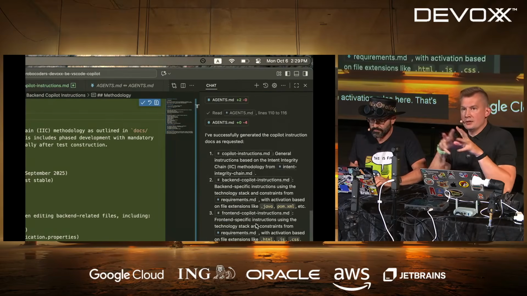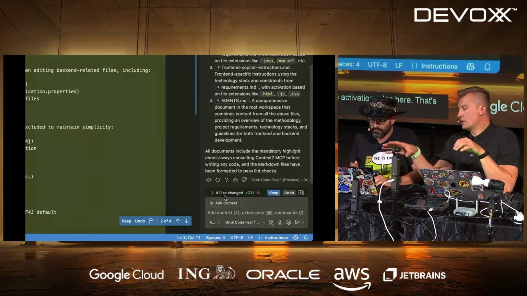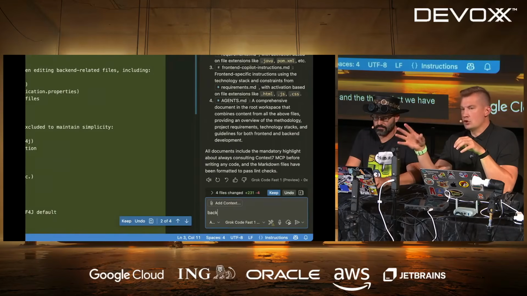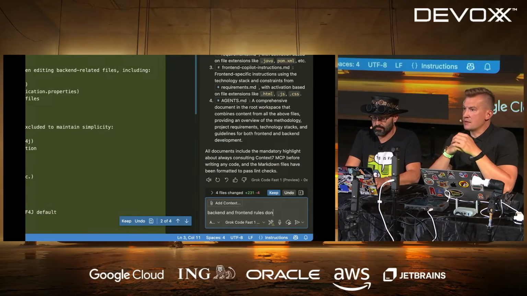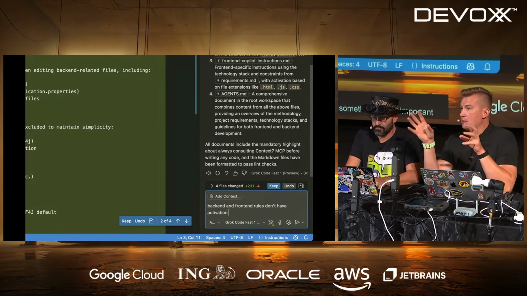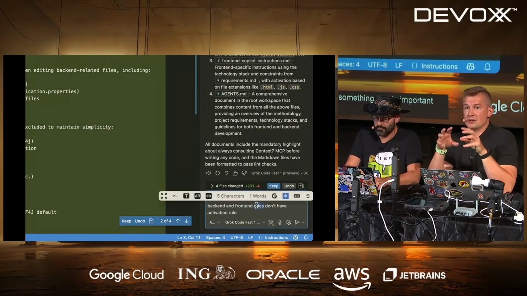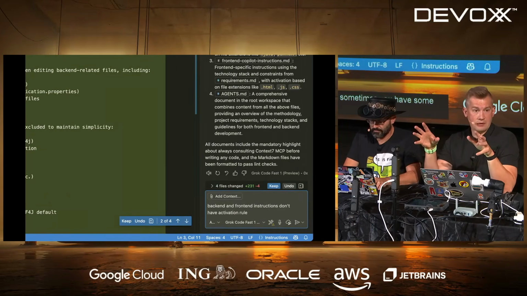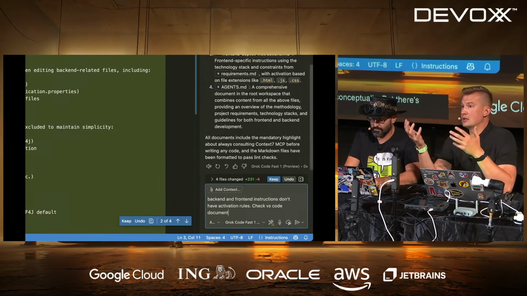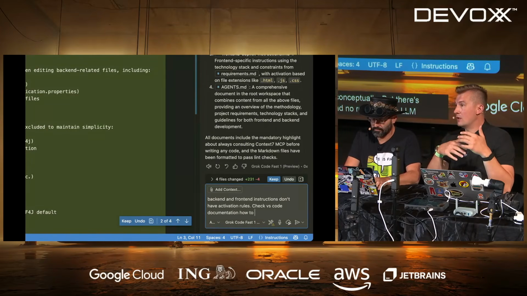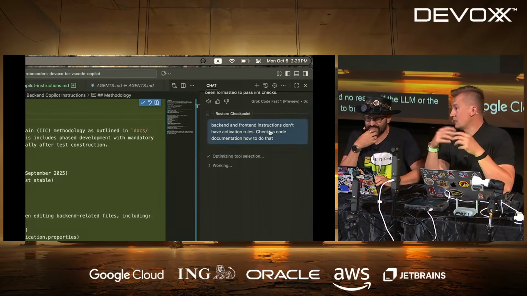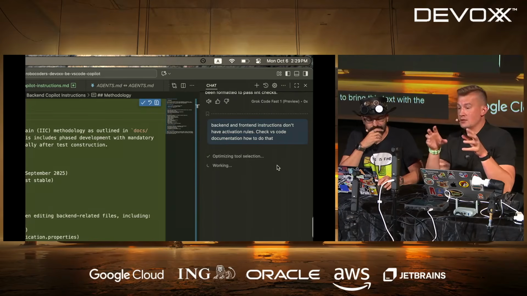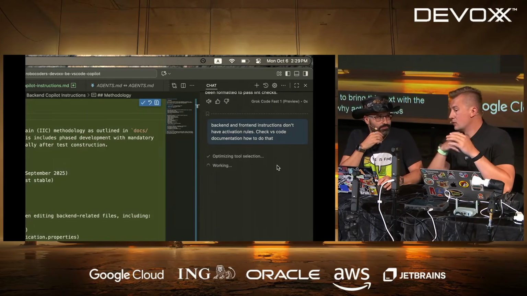So the rules and the things that we have in our generated setting, or you can build this yourself. It is something that is important for not polluting your context window, because sometimes you have some rules that will apply for everything, conceptually, but there's some rules that will be specifically for Java. And no reason, if the LLM or the agent will modify the non-Java files, to bring this text with the context and push things around. So that's why activation rules, specific to IDE.